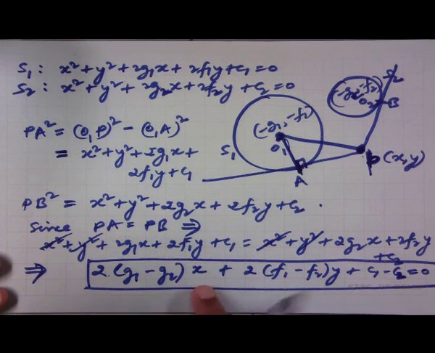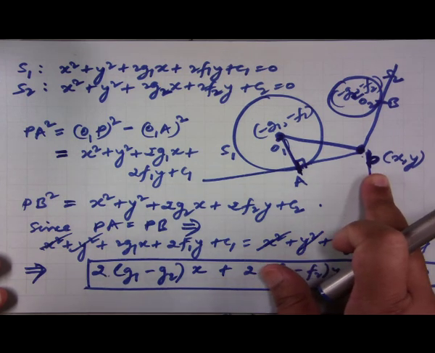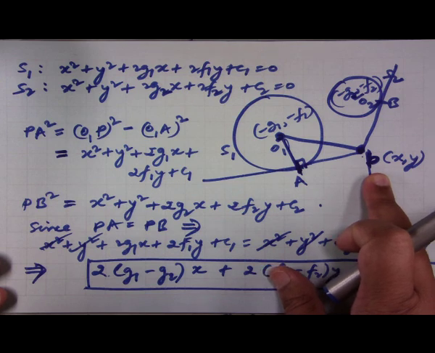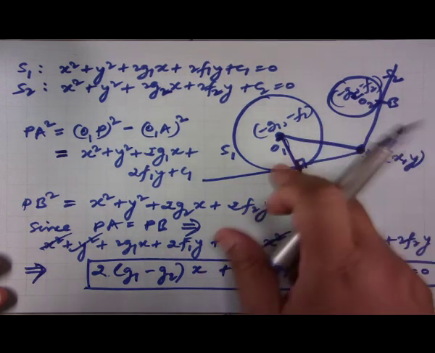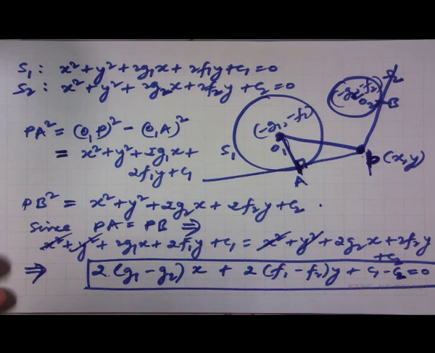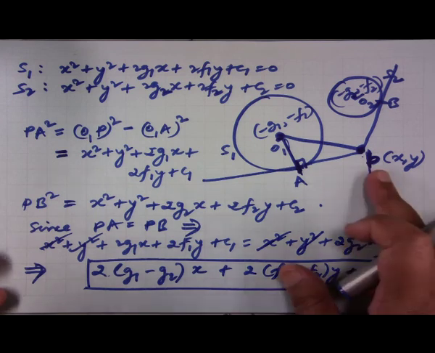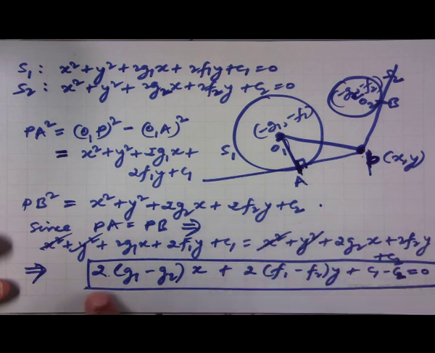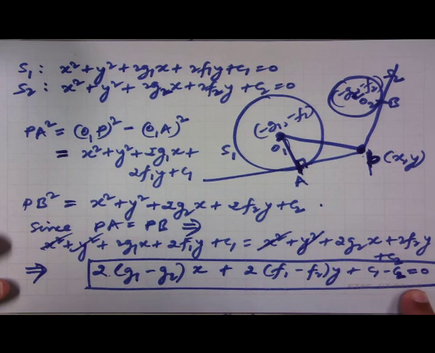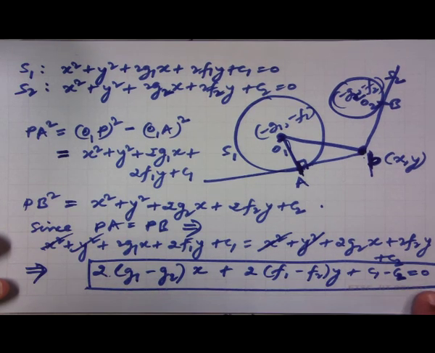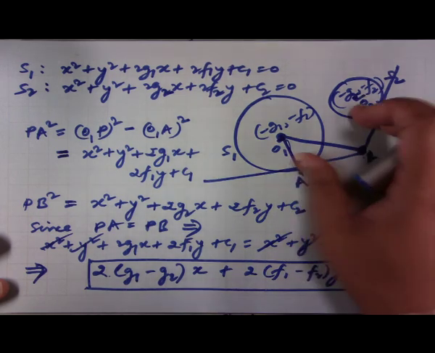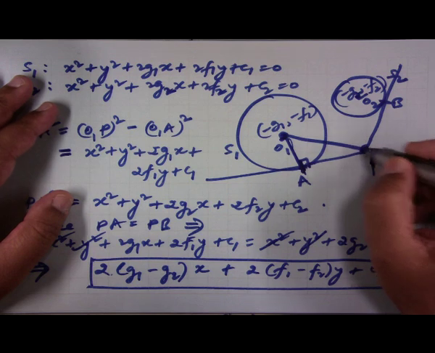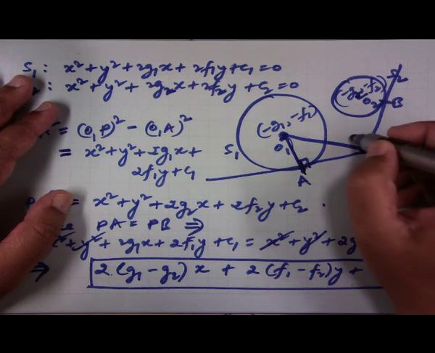So, we see that all such points whose power with respect to both the circles are equal, the coordinates of all such points must satisfy this equation, which is nothing but the equation of a straight line, and this straight line is called the radical axis of these two circles. So, we will get many points like that. Just like P, we will get another point probably here,